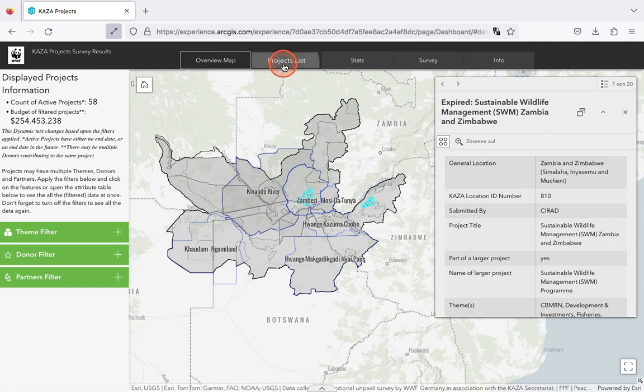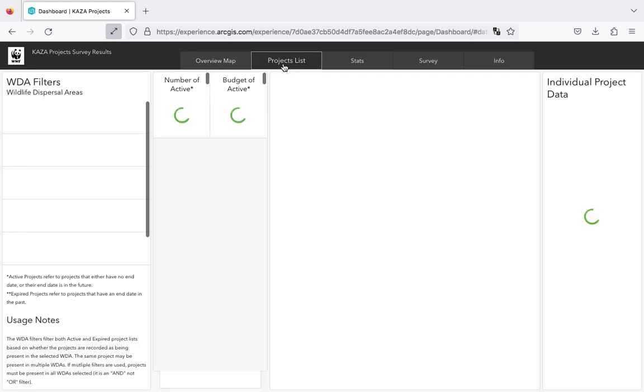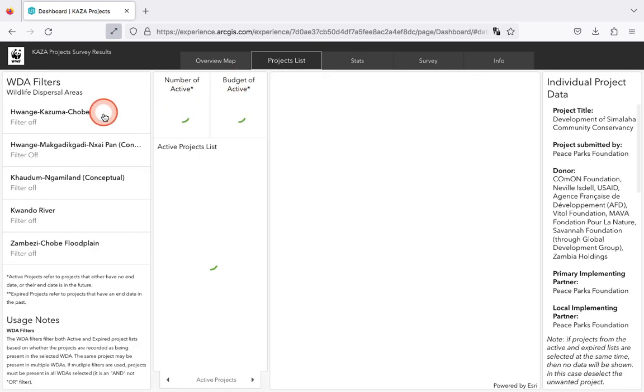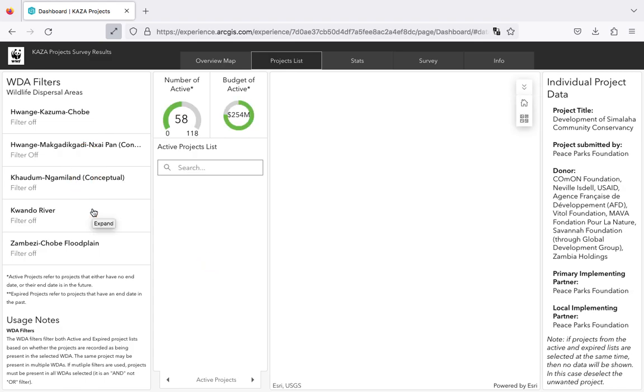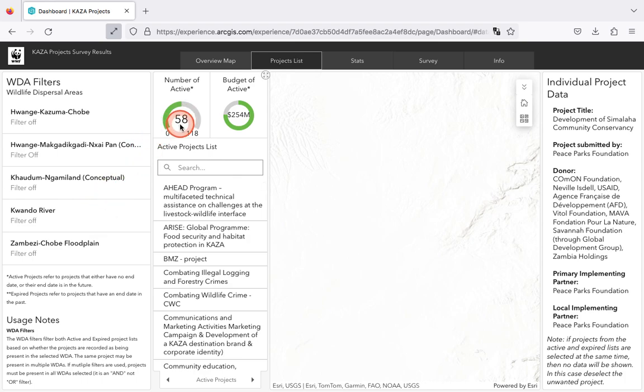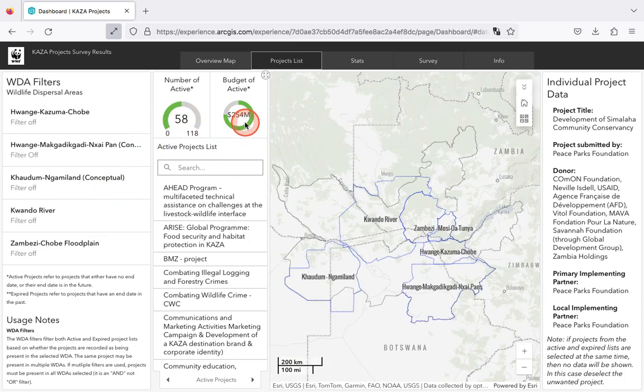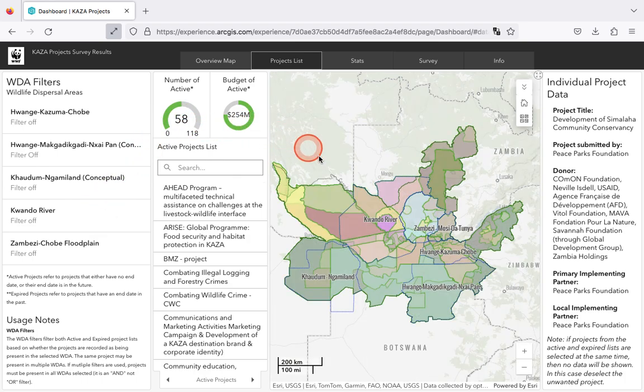We also have a projects list, which is similar to the old dashboard, and that I can filter by WDA. Let's say, for example, we'll just wait a second. Now it says again 58 projects, 254 million total budget, and you have the map. And if I turn on the Kavango River filter,